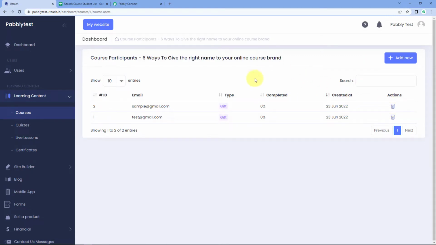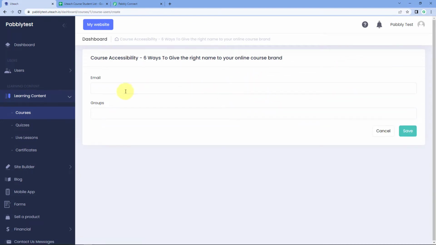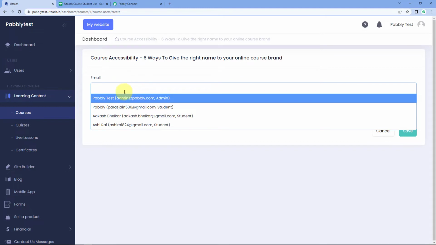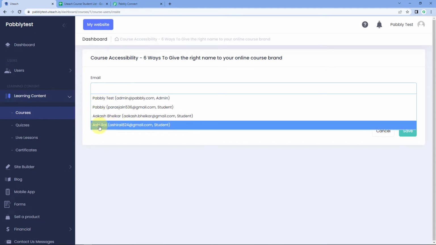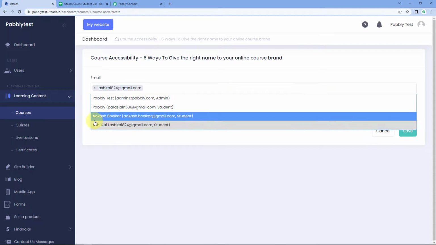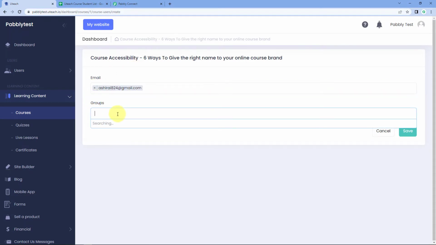And after that, I'll enroll a test user over here. Click on add new. Then we have to select a user. So I have a few students enrolled in my Uteach account. For example, Ashi Rai is one of them. So I'll select the student and then it is asking us for the group. I don't have any group as of now in my Uteach account, so I'll ignore it and click on